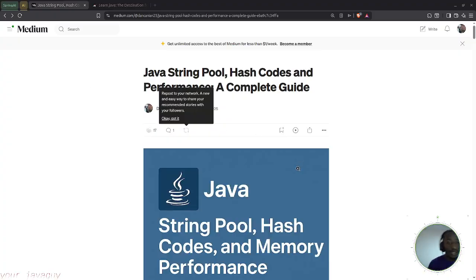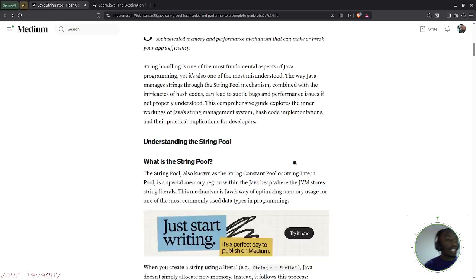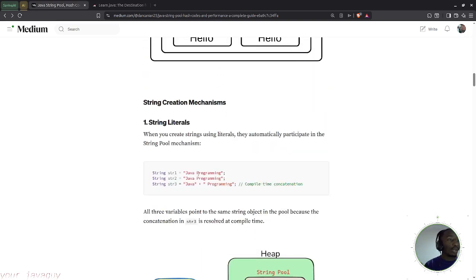So hi developers, you most likely have come across this thing we call the double equals sign and the dot equals operator. Most of the time, even in interviews, they ask about comparing two strings. You remember there are two ways of creating strings, and you're asked, so what would be the output for this? So you have a string, say for example, Java programming,